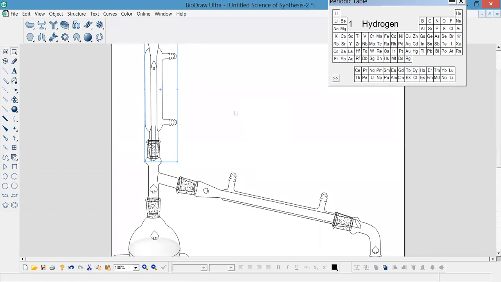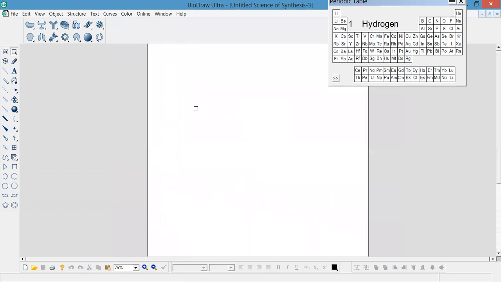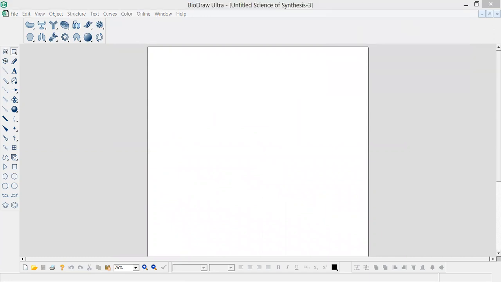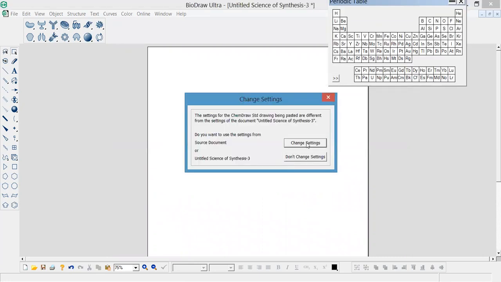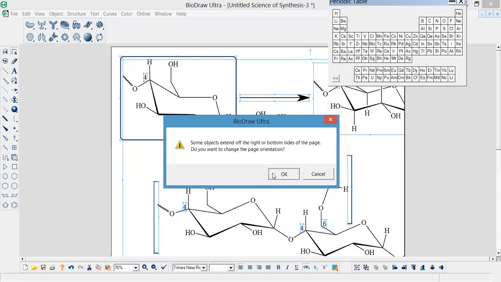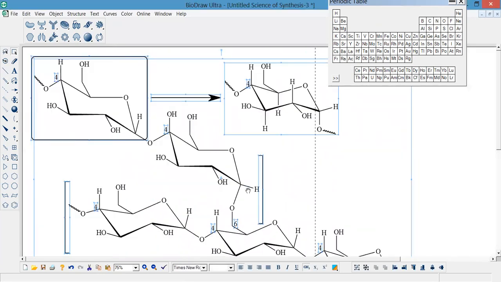Now I will show you another. You can draw mini art or graphical presentations for this. I will show you the examples. For example, this is the structure of amylose and amylopectin, the polymeric structure of starch.